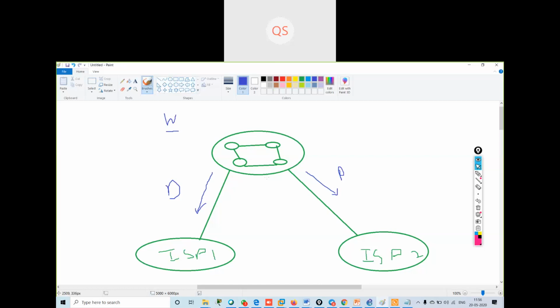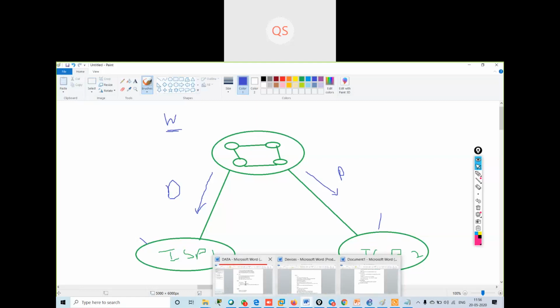If I am having multiple paths, see, this is completely different AS, this is completely different AS. So to reach any other AS number, if I am having multiple paths, and this is the default path and I want it to use some other path, which should be my preferred path, then with the help of the weight attribute, I can change it. We'll see how we can change it with the help of the practical. So this is my weight attribute.